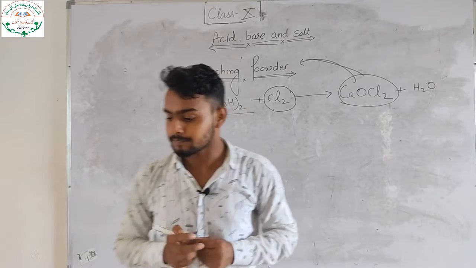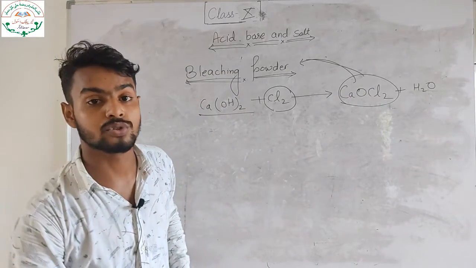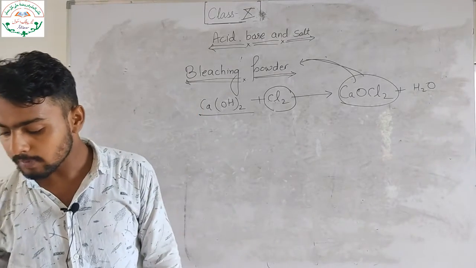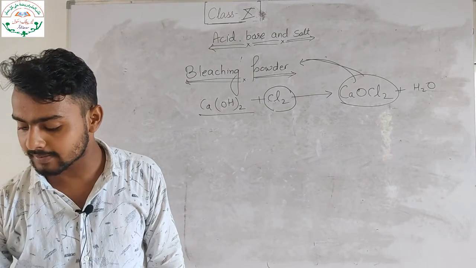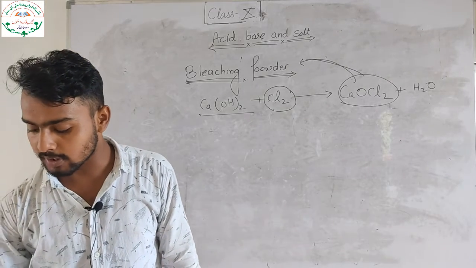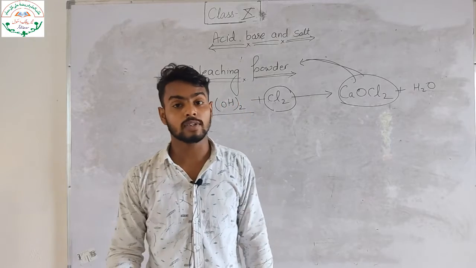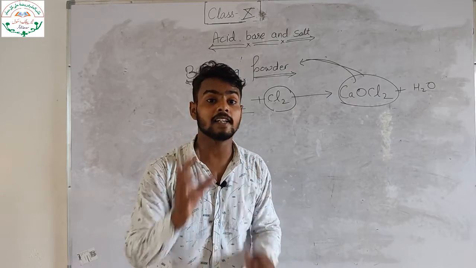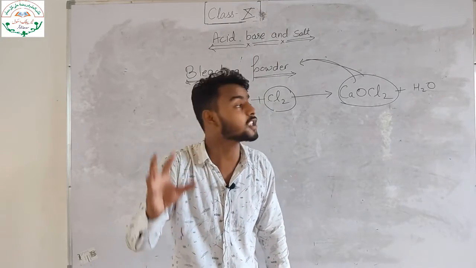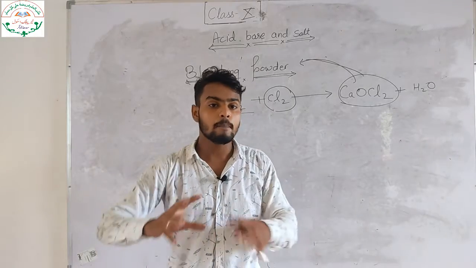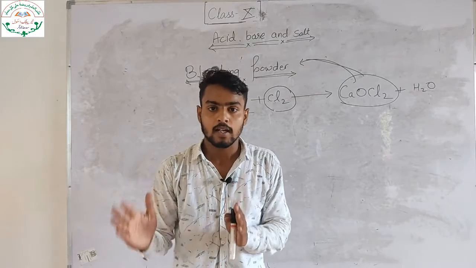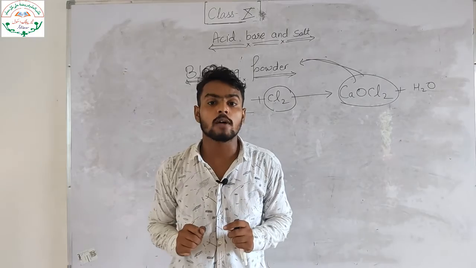Now we are going to know the uses of bleaching powder. Where can we use the bleaching powder? It is used for bleaching cotton and linen in the textile industry, for bleaching wood pulp and paper in factories, and for bleaching the cloth in the laundry. We all know that we use detergent in our home for washing our clothes. That detergent is a bleaching powder, beta. Bleaching powder is also used to reduce the color of clothes. It is a use of the bleaching powder.